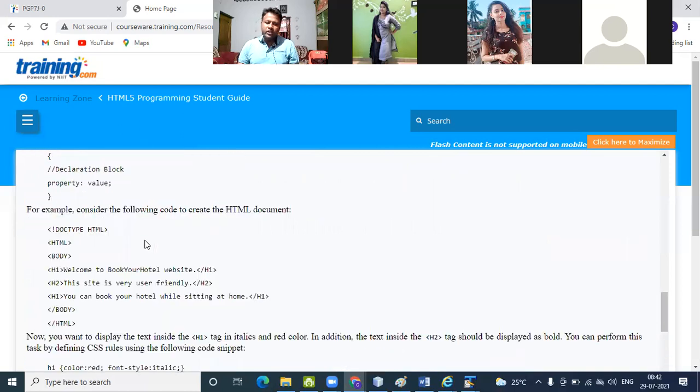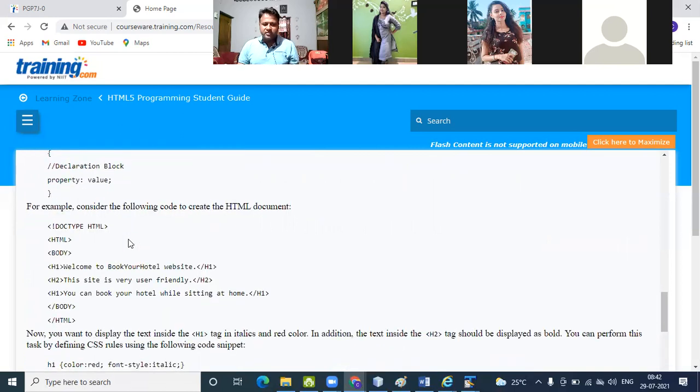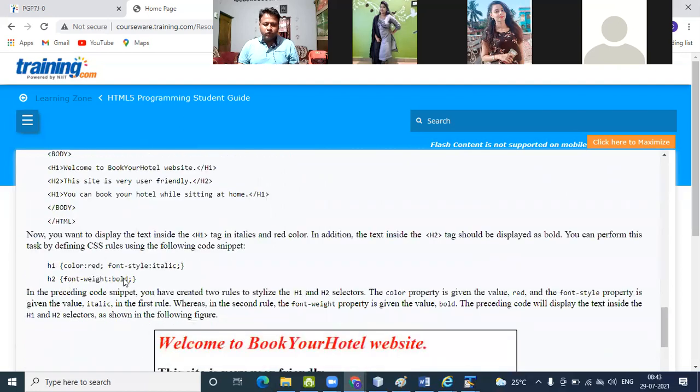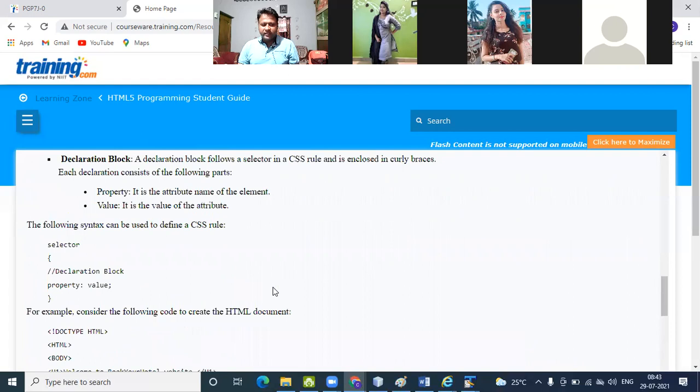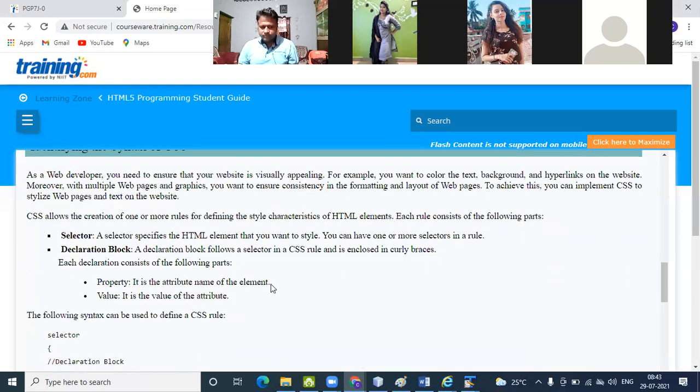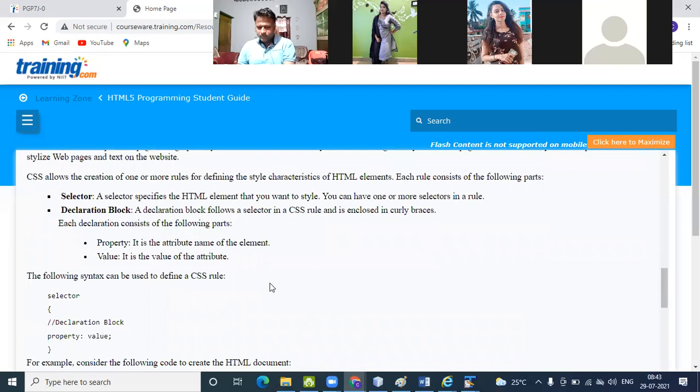If you use the h2 again and again in the web page, then the h2 font weight is bold, meaning the bold will display here. So it is a way of defining the CSS. Let's save it.